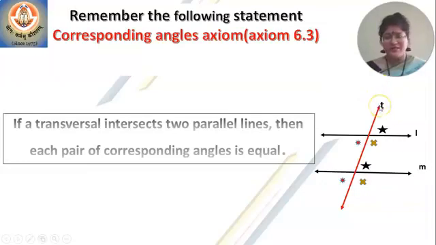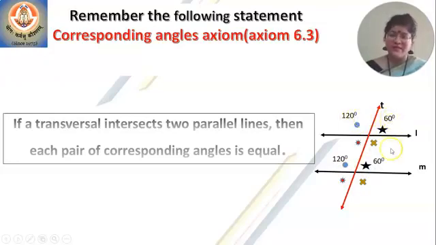Now here T is the transversal. So it is intersecting the two parallel lines L and M. When it intersects the two parallel lines L and M, what do you notice? You will see that these corresponding angles will be congruent. So look at this star. One star here and the other star here. So here, if this angle is 120, the other angle will be 120, and these two correspond to each other. They will be congruent. Now, if this is 120, you know this is 60 degrees. The angle corresponding to this will be this, another star. So that will also be 60.